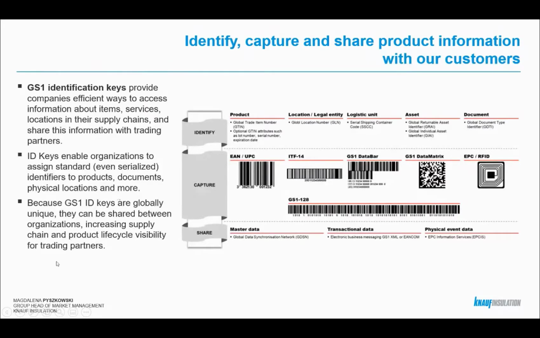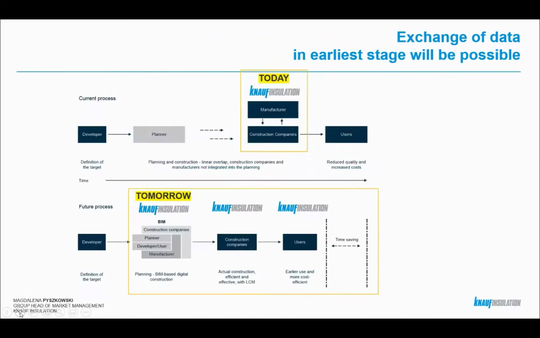So maybe, for example, for the Knauf Insulation use case, one of the use cases we are working on today is to show you that in the current process, we have the developer, planner, manufacturer, construction company, and users, in a very schematic way. Knauf Insulation or another manufacturer is standing just here, so we are already in the construction phase of the process. Somehow, with the exchange of information and the identification of our product, we will be able to bring the information in at the earliest phase of the